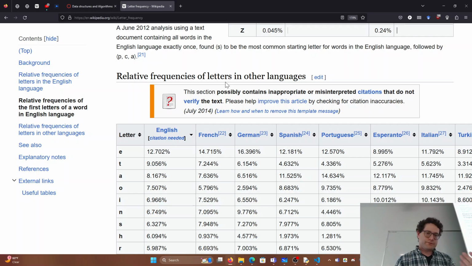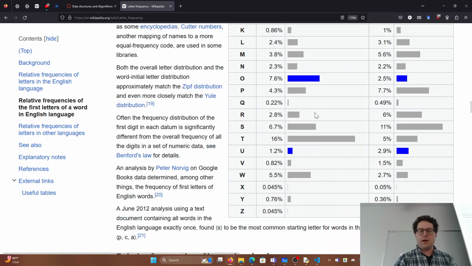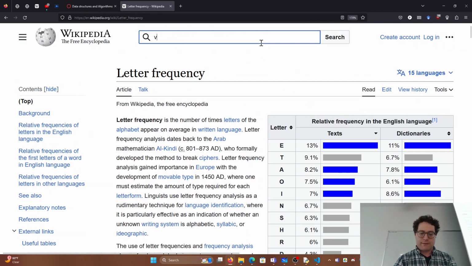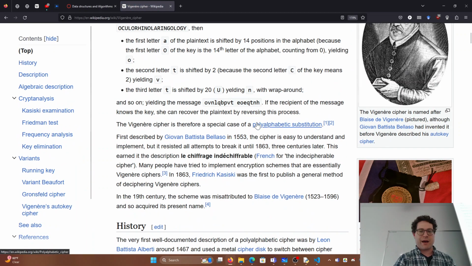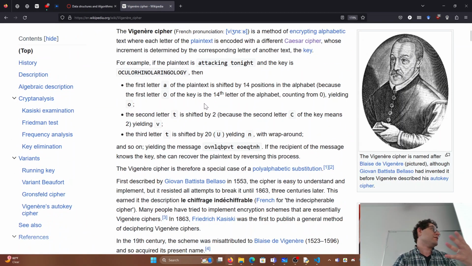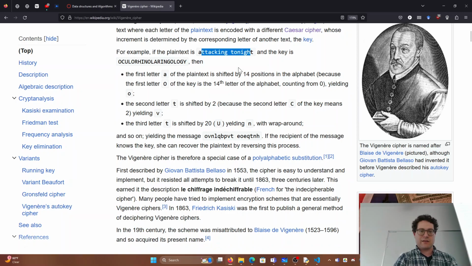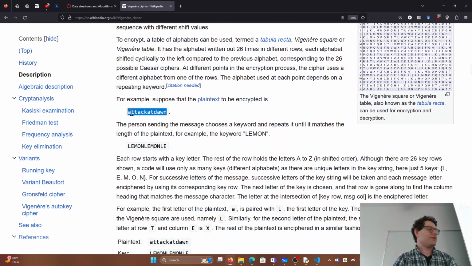The Vigenère cipher took that up a notch and said, rather than shifting by one thing, we're going to shift by a lot of things. So instead of choosing a key number, we're going to choose a key word. Let's see, here's a better example plaintext. This is the hello world message, by the way, the hello world equivalent in cryptography: attack at dawn. If your key is lemon, you just write down lemon a whole bunch of times until you've written it down once